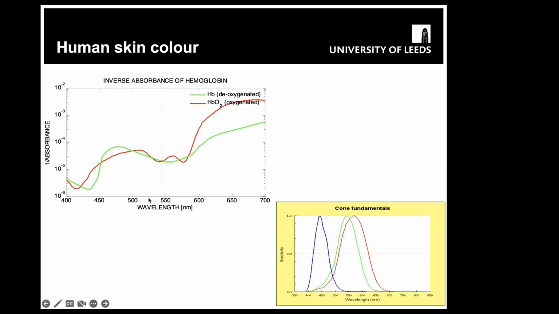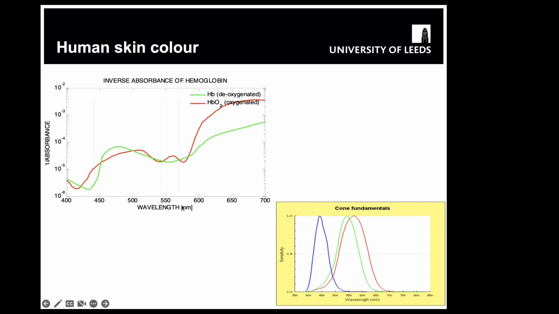This is the other figure, but in this figure, as you can see, it's 1 minus absorbance. So that is more relevant to the inverse absorbance of the hemoglobin. It's more like the reflectance. As you can see, the red line represents oxygenated hemoglobin, and the green line represents the deoxygenated hemoglobin. Okay, as we just mentioned, if you see this red line about the